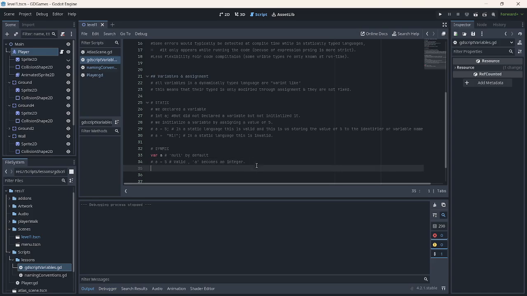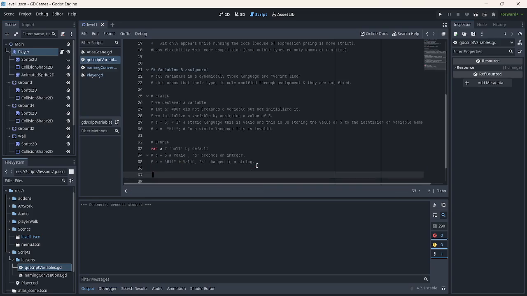So when we say A is assigned the value of a string, let's say "hi", and we say that again, this is valid again. That means we now have A changed to a string data type. We'll talk more about data types as we go along with our discussions here, but just have that in mind.